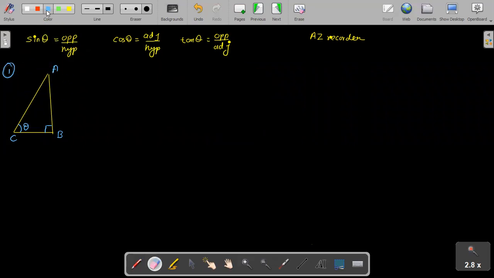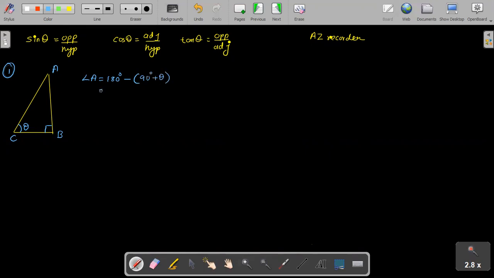You already know that this value is 90 degree and this is theta. Don't use any angle here. Just write theta and this you write as 90 degree, and solve and tell me what is angle A. 180 minus 90 plus theta. Yeah. So angle A, I can say 180 degree minus the addition of this and this, right? So that is 90 degree plus theta.